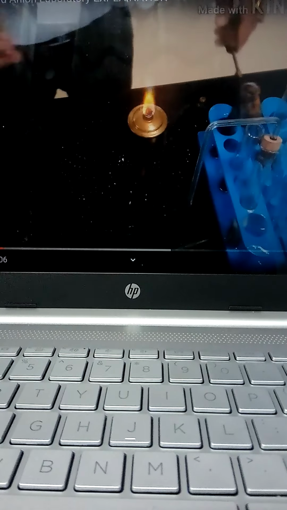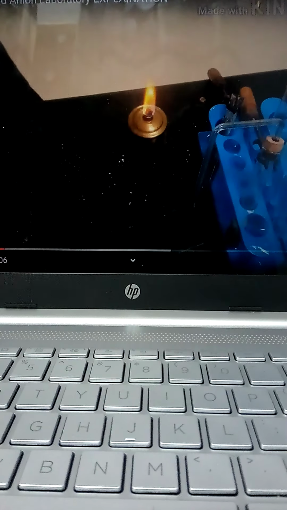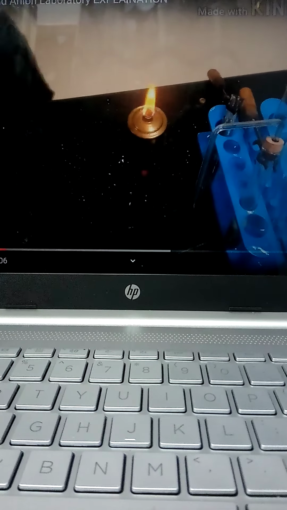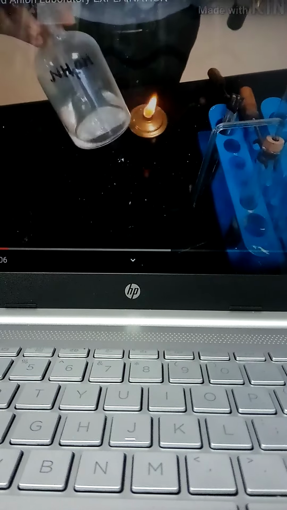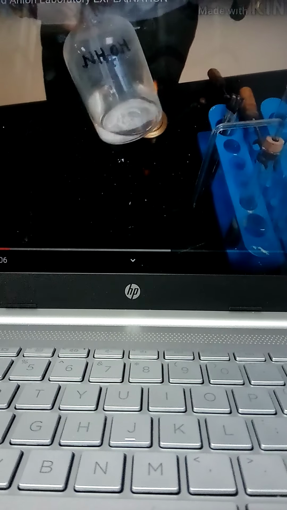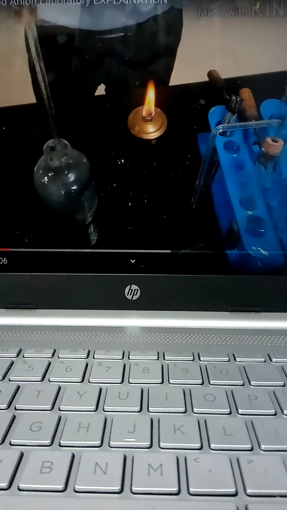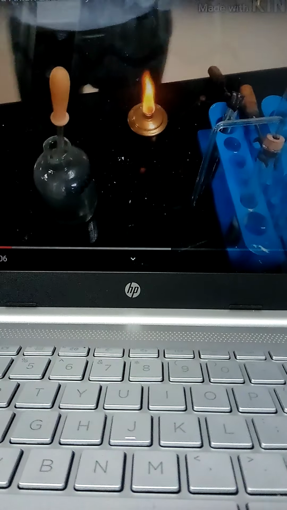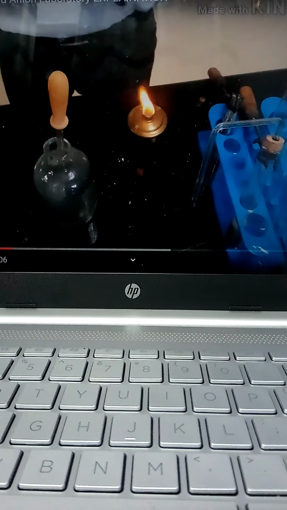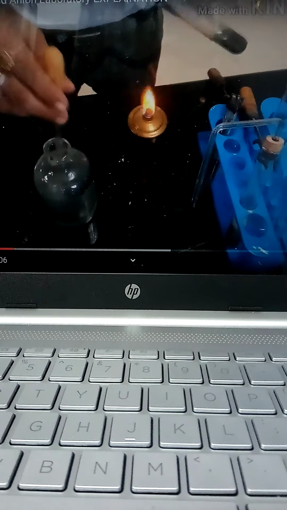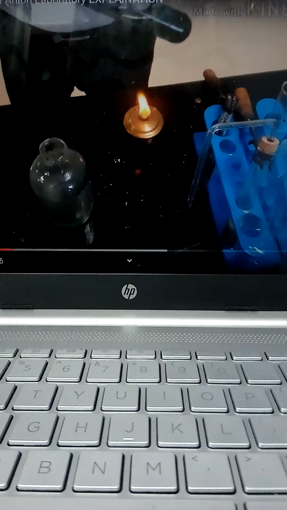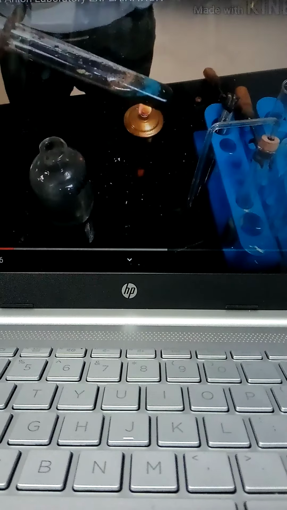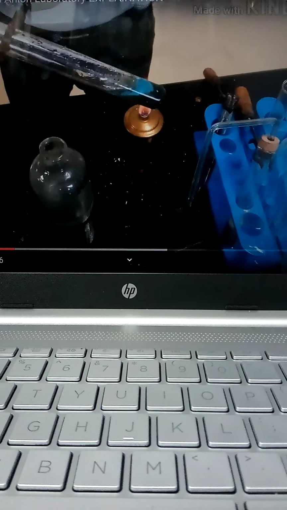You have to divide the precipitate into two parts. So take the solution in two different test tubes. So the first part: you add ammonium hydroxide solution to the black precipitate taken in a test tube. So that is called the first part. To that you have to add ammonium hydroxide slowly. So on adding ammonium hydroxide with the help of a dropper, here the solution turns blue in color.